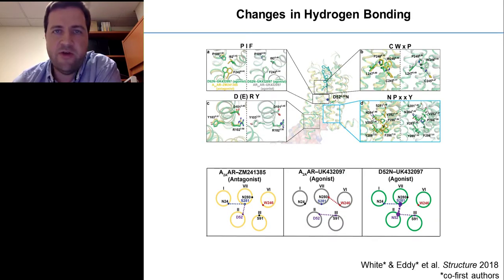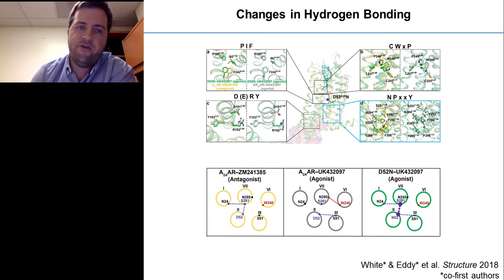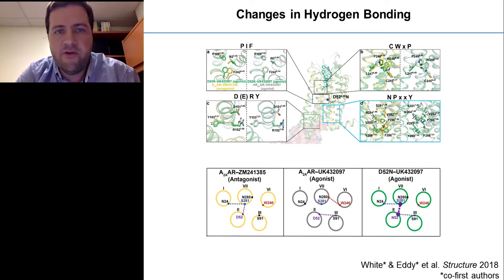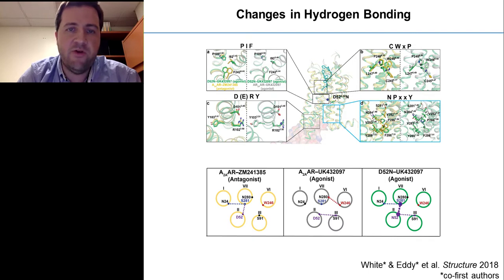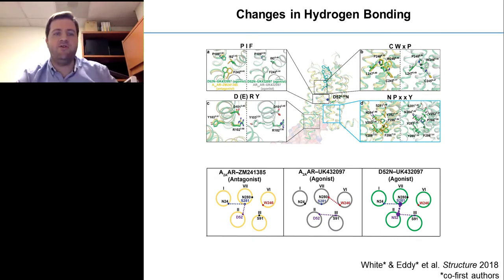It turns out that the region where we see the largest difference is close to a conserved activation motif that is conserved among most class A GPCRs. It's called the NPXXY activation motif. And in this slide here, we're looking at several different conserved activation motifs, which I won't get into in detail. The important point is the one that's highlighted in cyan on the lower right. It's the NPXXY motif, which is where we actually see structural deviations.